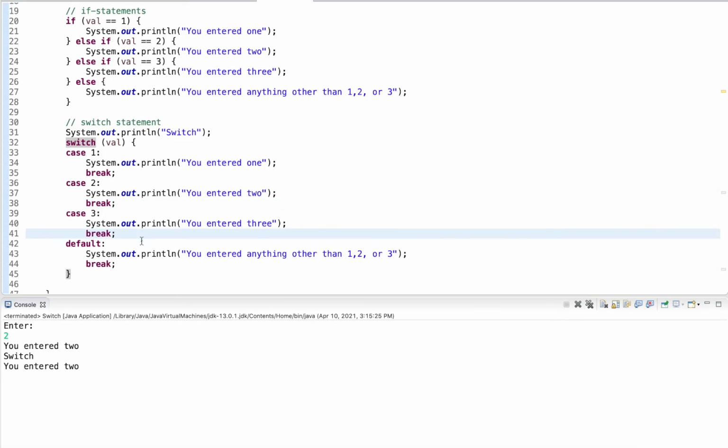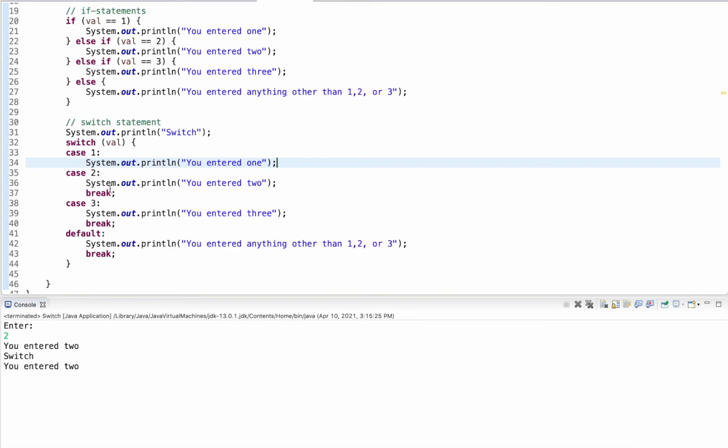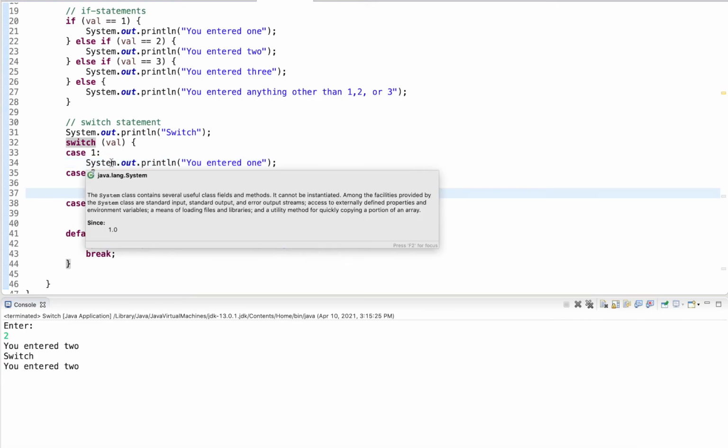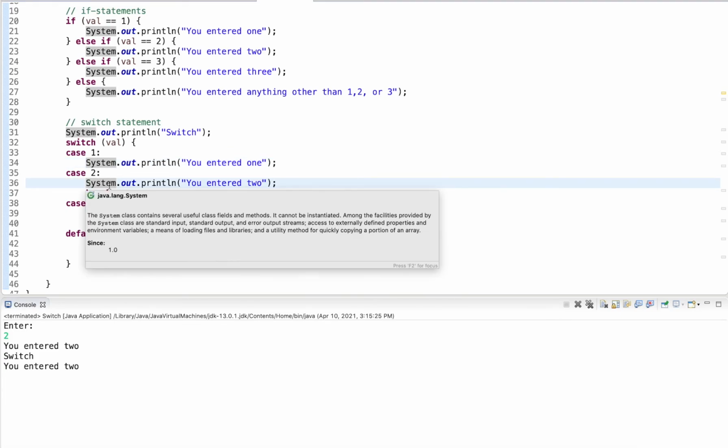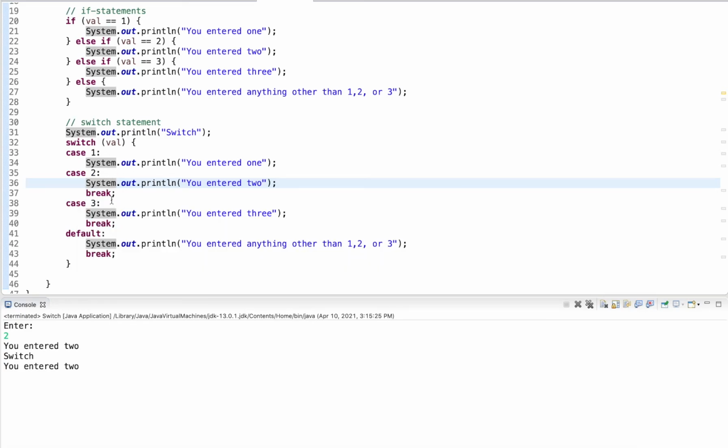Now one nice thing about switch statements is that sometimes we can have the break statements, sometimes we don't. For example, here we have it, but then here we don't have it. Here we don't have it, and here we have it. So if it's 1, I just fall through and execute the statements under case 2 as well, and then I break out. So we can have it if we want to, and if we don't want to, we don't have to have it. It's not that we have to have break for every case, or we don't have it. We can mix and match.